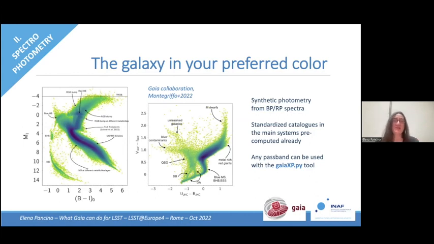I mean, as long as one is careful enough in standardizing the magnitudes to make sure that everything is on the same scale, this could be extremely useful. I think that almost the same mag precision and less than 1% accuracy can be obtained for the synthetic magnitude if one is careful enough and knows what to do. Okay. So yes, I think so. Okay, great.